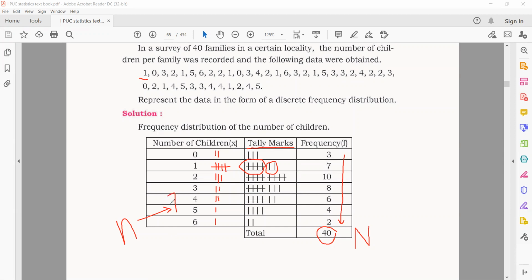Those are my small n. And how many such data are there? You have collected data for 40 such families, and this is called the total frequency. And in statistics, total of any particular variable or characteristic